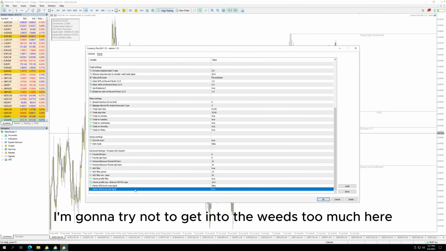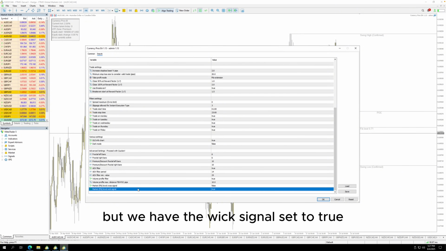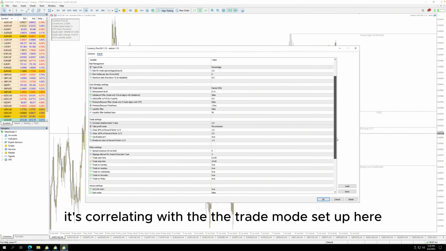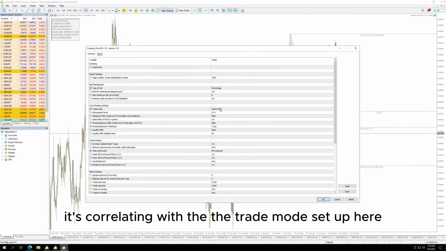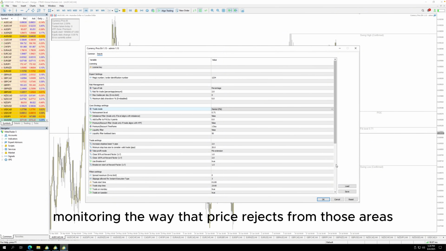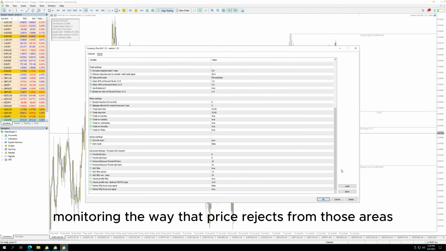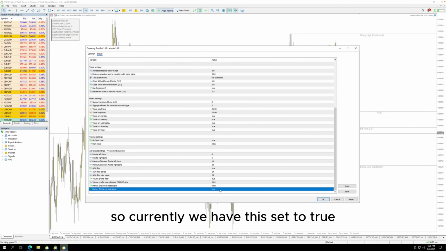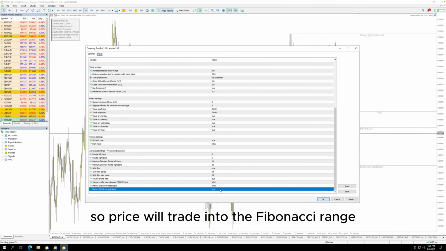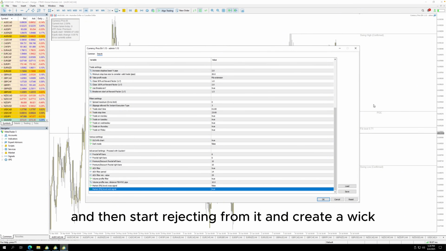Now, last but not least, we have market fib level cross signal and market fib level wick signal. I'm going to try not to get into the weeds too much here, but we have the wick signal set to true. We currently have the cross signal set to false. So the wick signal is basically correlating with the trade mode set up here. So either market fib or market fair value gap. This is monitoring the way that price rejects from those areas. So currently we have this set to true, and that means that we're waiting for price to wick out of the area. So price will trade into the Fibonacci range and then start rejecting from it and create a wick